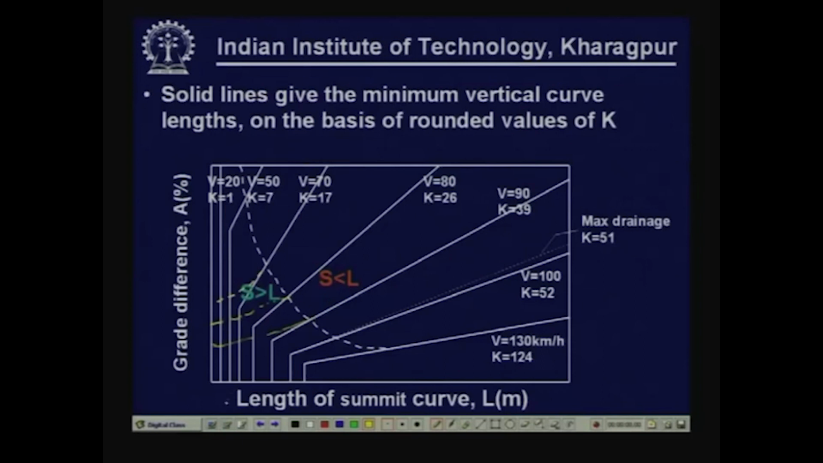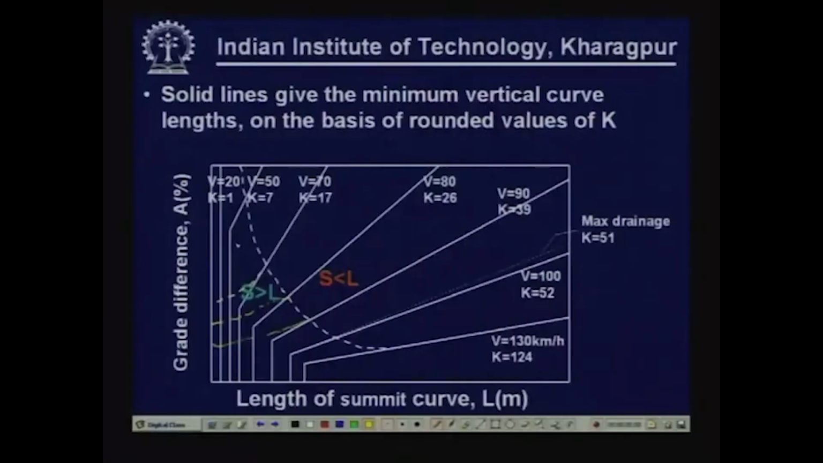And for obviously small length of A, the curve length may be 0 also. That means, indicating that as such for small deviation angle, there is no need to provide a length of curve. But this is not a good design practice, because